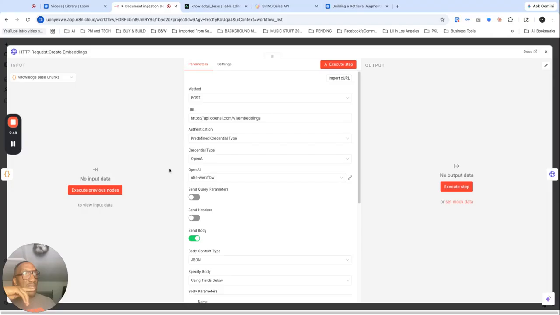Okay, so just to summarize before we move on to the next one, with this create embeddings node, what's happening here is for each chunk that comes out of the code node, this node is going to send the text content to OpenAI, ask it to convert it into those 1536 numbers, the embedding that represents the chunk's meaning. This is the step that makes semantic search, which is what we're doing here, possible. Without this, we just have text sitting in a database with no way to search it by meaning. So now that that's done, let's move on to the next node,